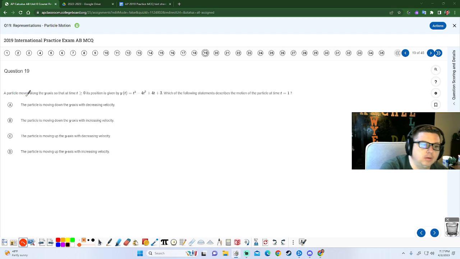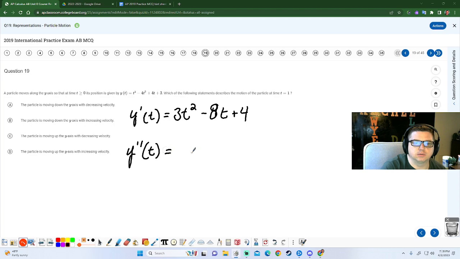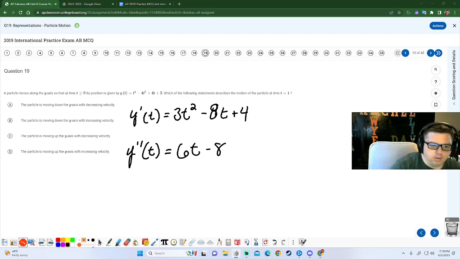Let's do it. A particle moves along the y-axis so that for time t greater than 0 its position is given to us here. Which of the following statements describes the motion of the particle at time equals 1? Well, let's do this because we're doing calculus and we want to know about the velocity, and we want to know about the acceleration. So, what are we doing? And when we plug in 1,